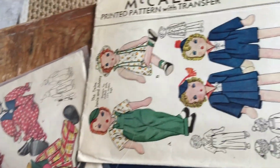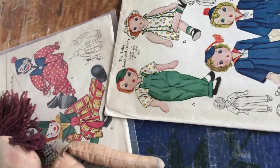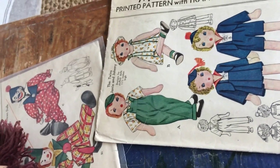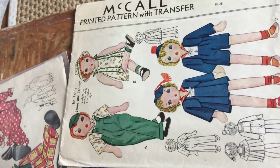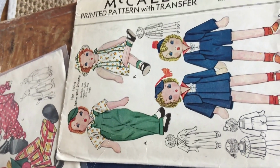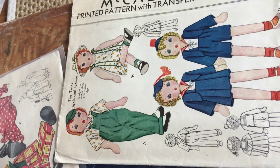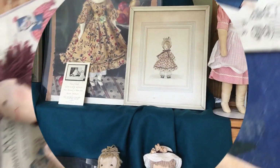These patterns are McCall's, and they could be hers. She's not getting any credit here, or they could be based on her work and someone else developed them further. As I said, she does not get credit. And